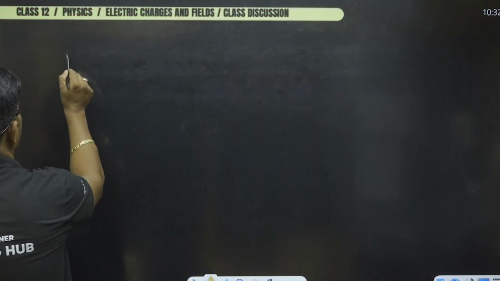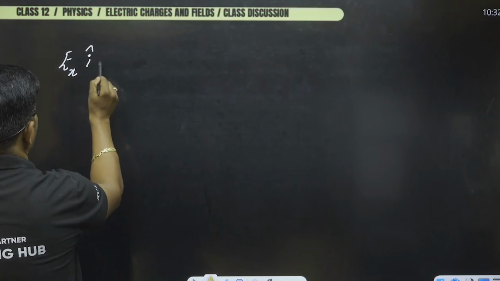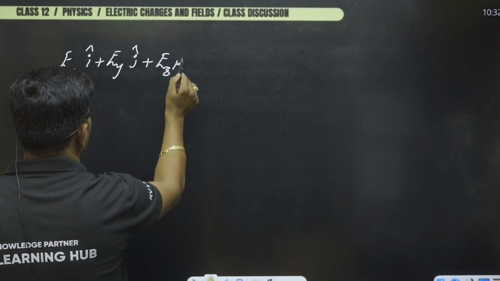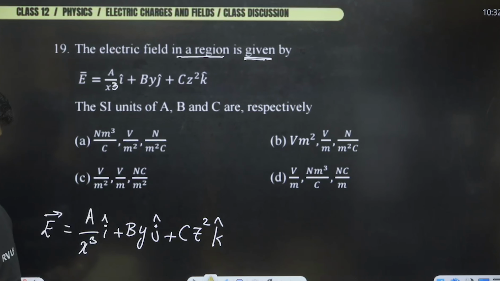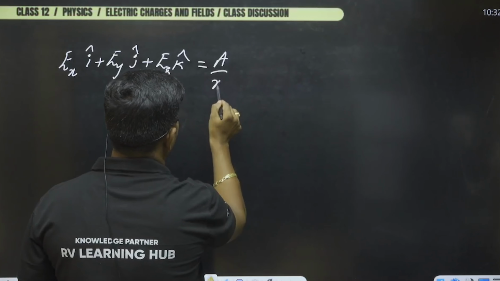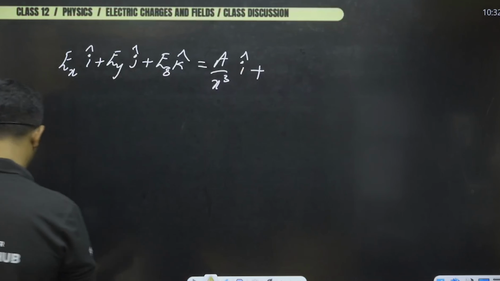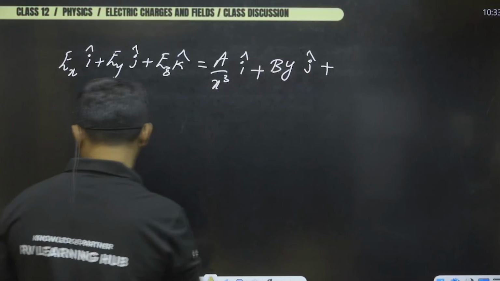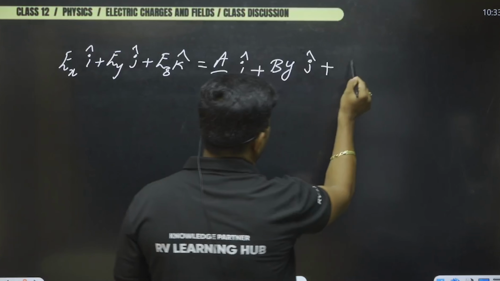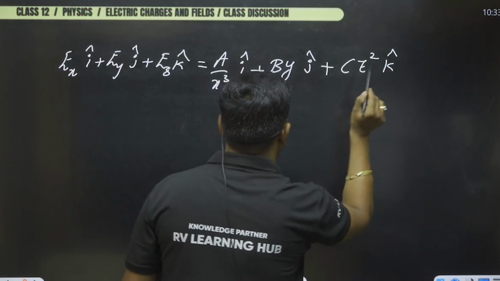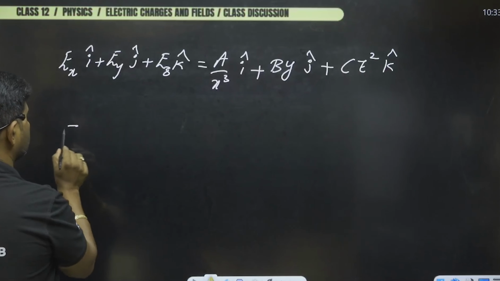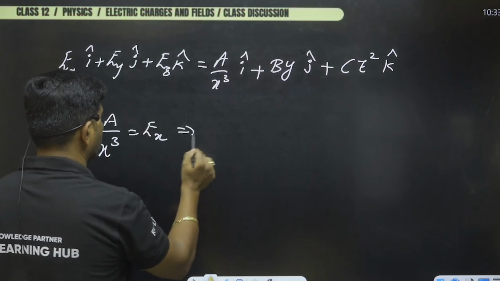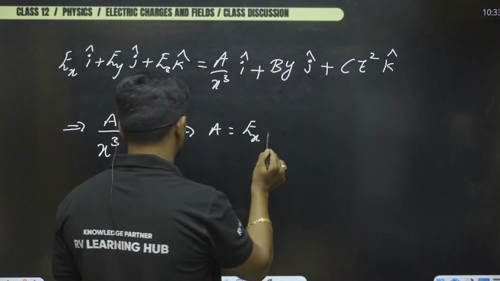So observe this. What is electric field? We can say Ex into i cap plus Ey into j cap plus Ez into k cap will become equal to A by x cube into i cap plus b y into j cap plus c z square into k cap. So just equate it here. This implies A divided by x cube is equal to Ex, or A becomes equal to Ex into x